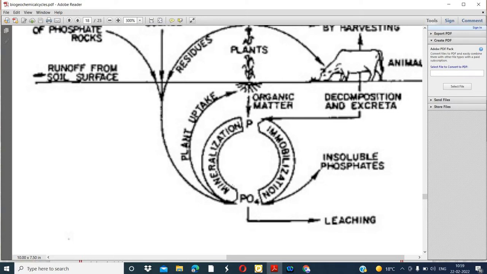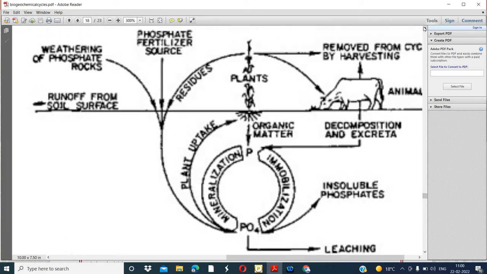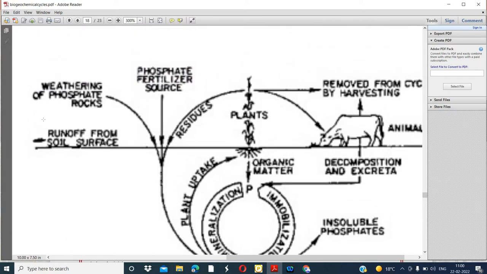There is an insoluble phosphate that cannot be available to the plants. The plant can utilize the phosphorus from organic matter. If there is decomposition of the organic matter, then the plant can take up the phosphorus. Phosphorus is also excreted by the animals, and that is also decomposed by the bacteria. Sometimes it is in the soil, but during rainfall that layer can be washed away. So that is a loss